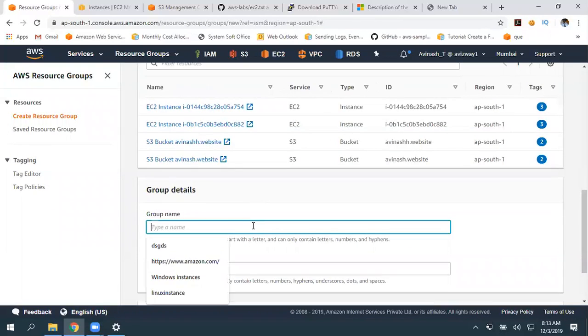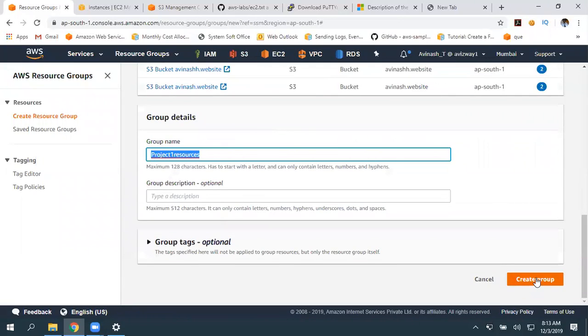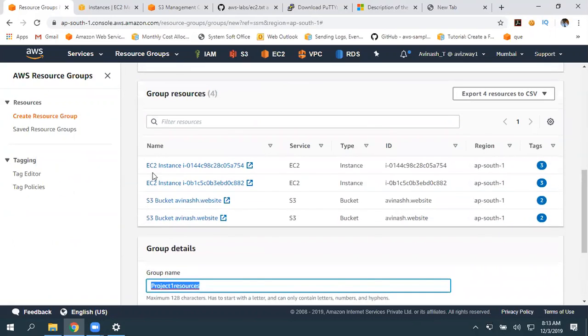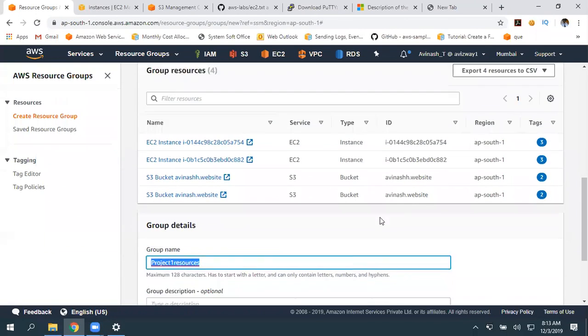You can pick project 1 resources or all Windows ones, and create a group name such as my Windows resource group or my Linux resource group. Whenever you are performing that Run Command, you can simply pick the resource group and execute your command. So you can just give a name and create the group. You are just creating a group which contains a particular tag. So that is a resource group.